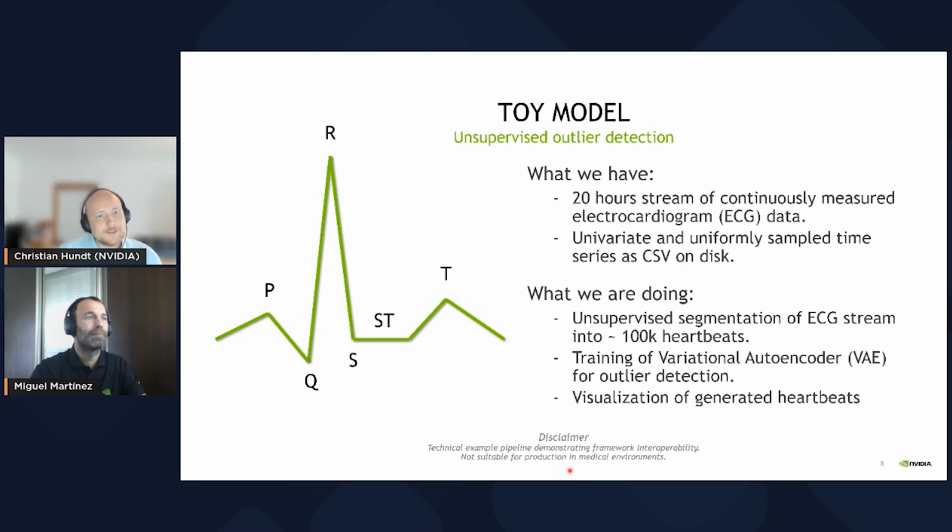On the left side, you see the enumeration of different segments in a heartbeat, usually with letters P, Q, R, S, and T. I will sometimes refer to them, but don't overthink it. And a disclaimer, this is a toy model. Don't diagnose heart diseases with that at home. Leave that to the experts.